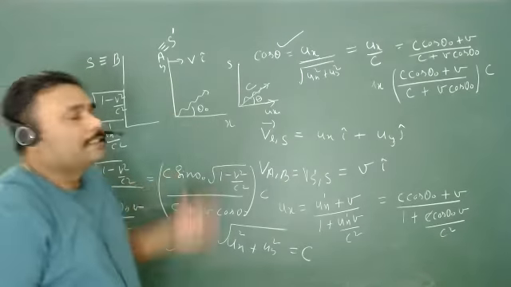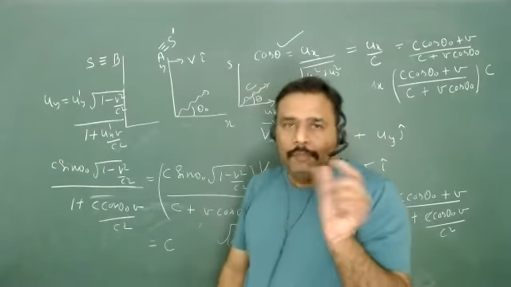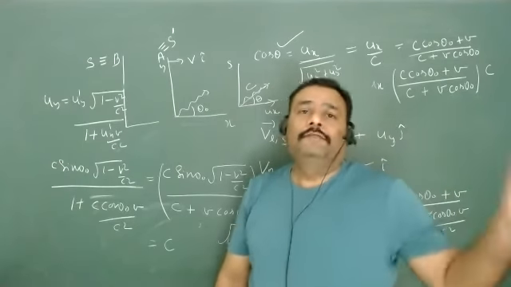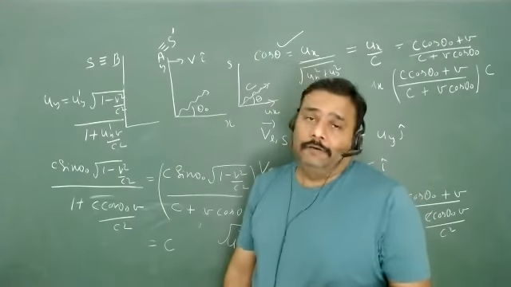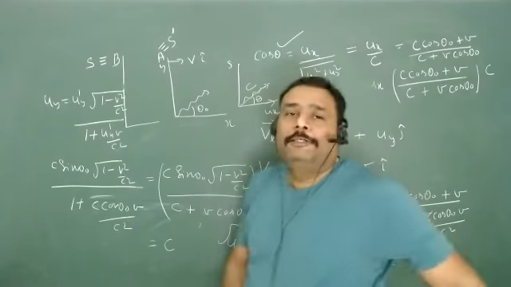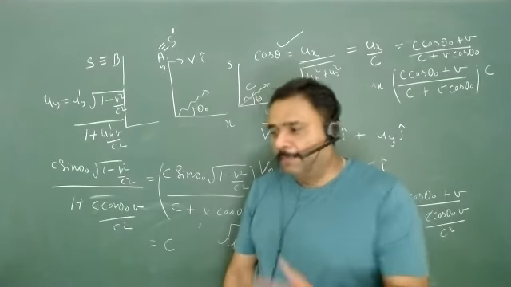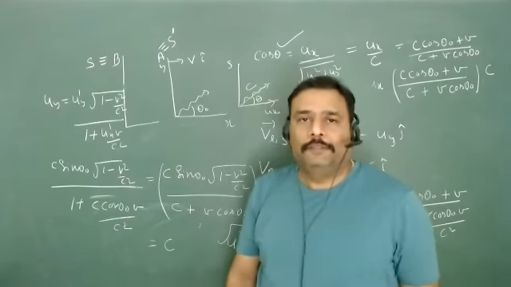And this is something called aberration, isn't it? From one frame, you will have some theta naught. From another frame, you have a different theta. And in another frame, you have a different theta. This is aberration. And we will learn that not only is this theta going to change, rather, the frequency of a light pulse will also change from the Doppler effect. So we will learn this thing from the Doppler effect also.